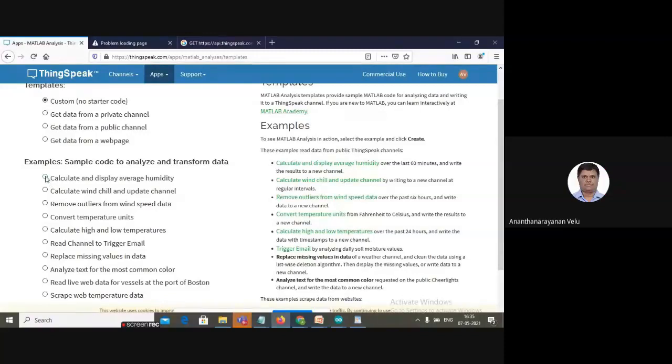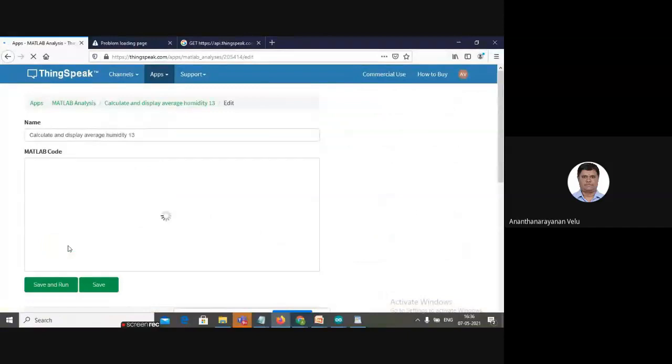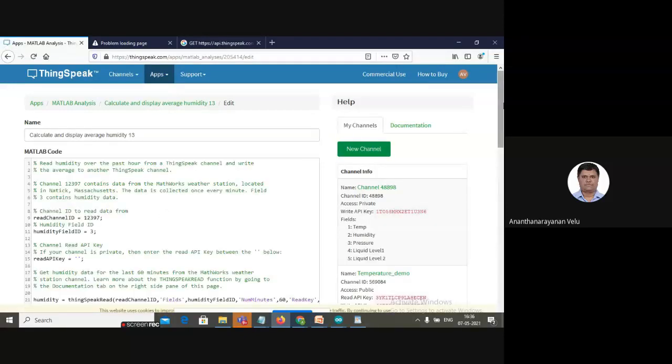We are going to calculate and display some average value. It is already available in ThingSpeak. ThingSpeak is a powerful cloud tool for beginners. You can build a lot of real-time applications using ThingSpeak.